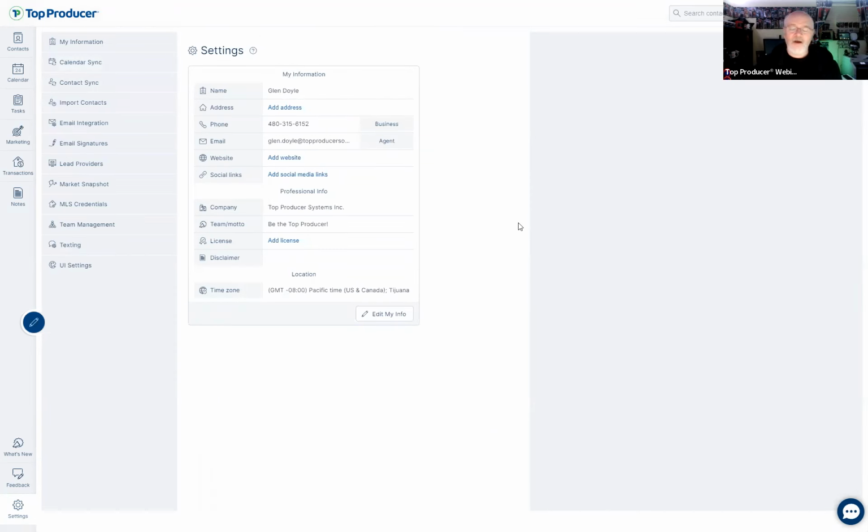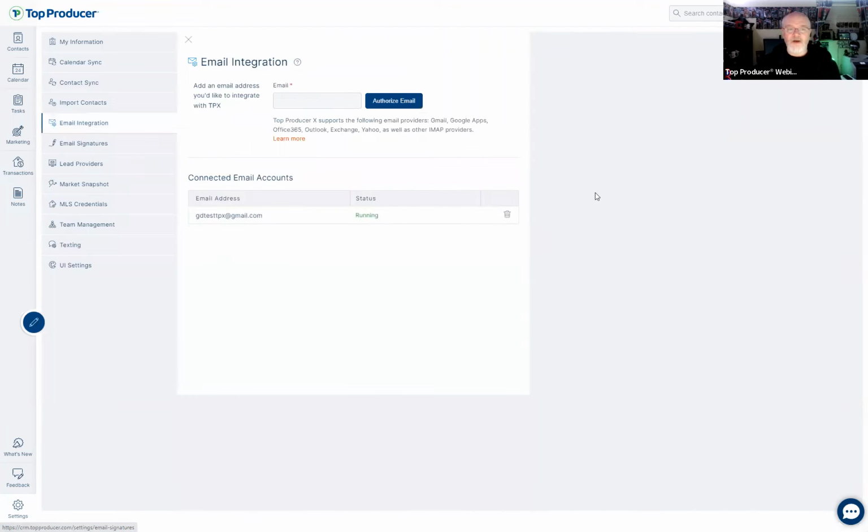Now, a couple of very cool features we have in X now that if you were coming over from Top Producer 8i, you might not have seen before, and this will really help you out. Email integration. How cool is this that now instead of going through our servers, it goes through your email provider server. You'll see I've got an email address of gdtesttpx@gmail.com.